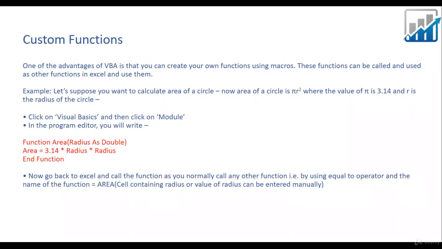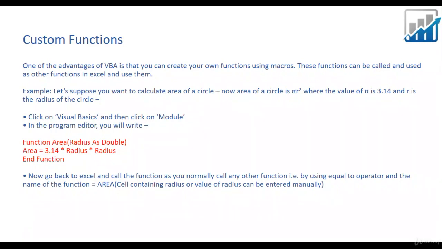So let's say I want to calculate the area of a circle and Excel does not have any function which will give me an area of a circle. Now, area of a circle is pi r square, where pi has a value of 3.14 and r is the radius of the circle. So now all we need to do is go to our program editor